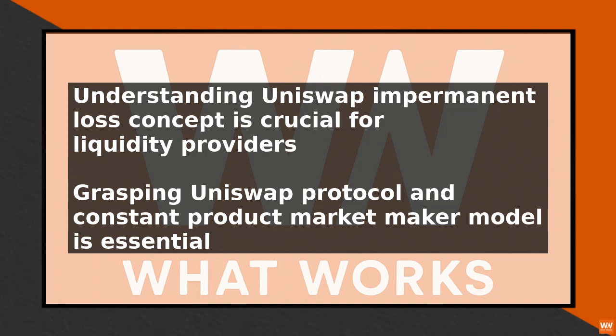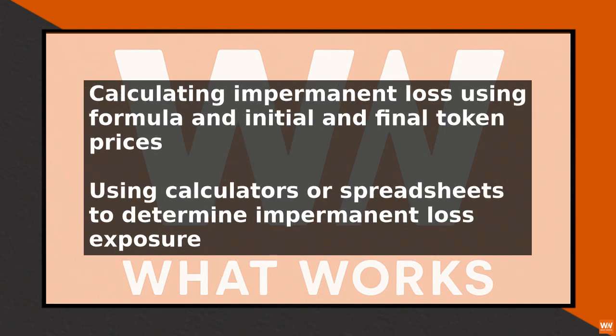The first step is to understand how Uniswap works, which is a decentralized exchange protocol that enables users to trade tokens in a trustless manner. Uniswap uses a constant product market maker model, where the product of the reserves of the two tokens in a pool is kept constant. To integrate Uniswap impermanent loss, liquidity providers need to calculate the impermanent loss they are exposed